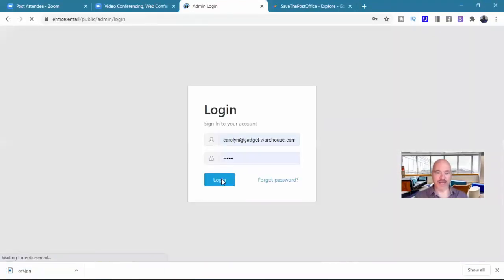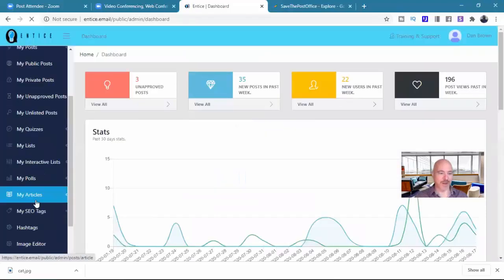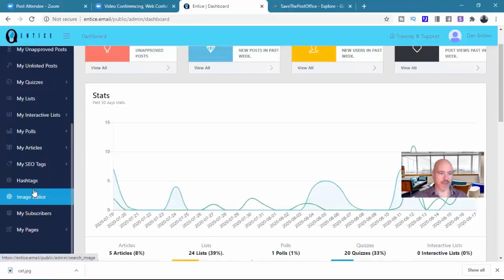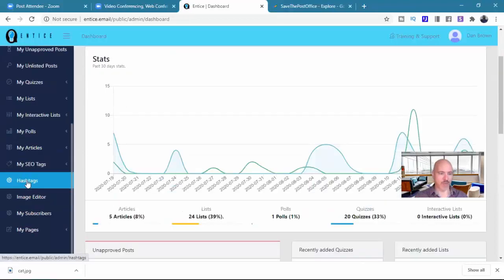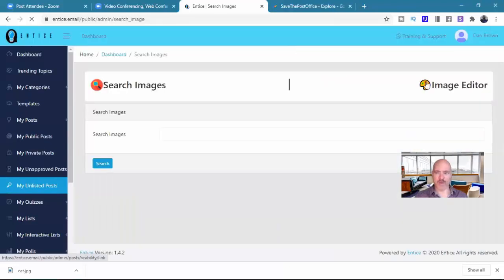Sorry, I just need to log in again for that. Apologies, it's chucked me out. So let me go, we'll have a look at the image editor as well. That's really cool. So image editor. So we'll go to here,